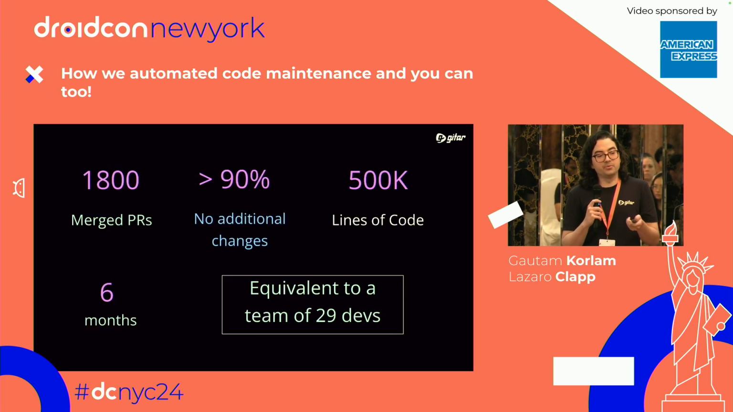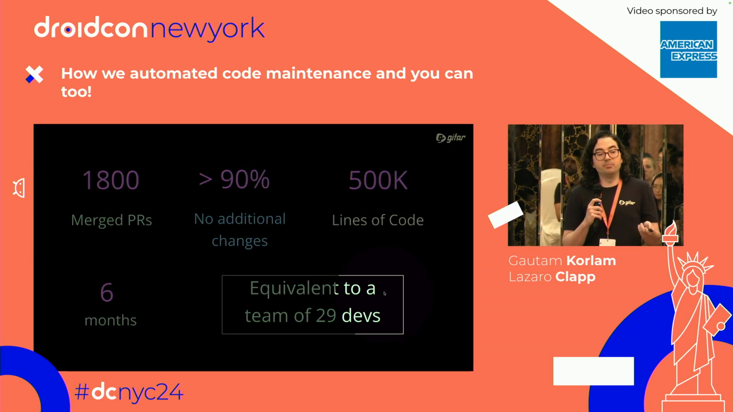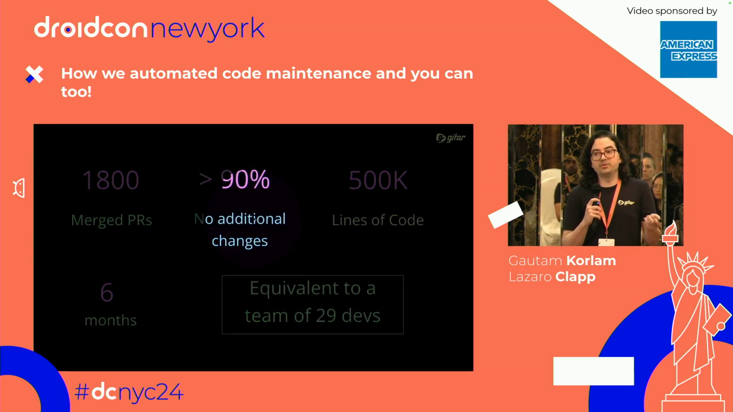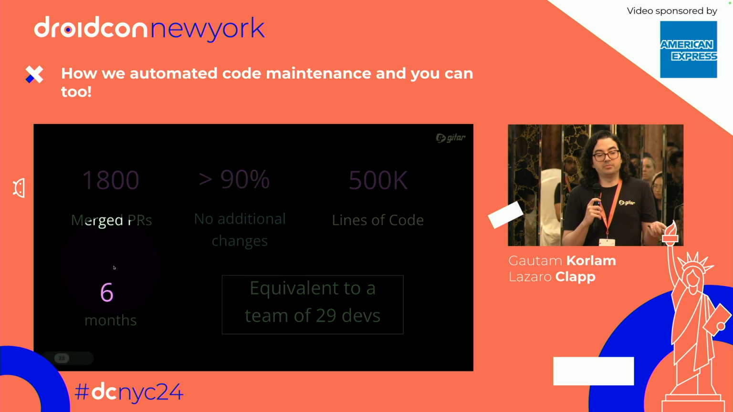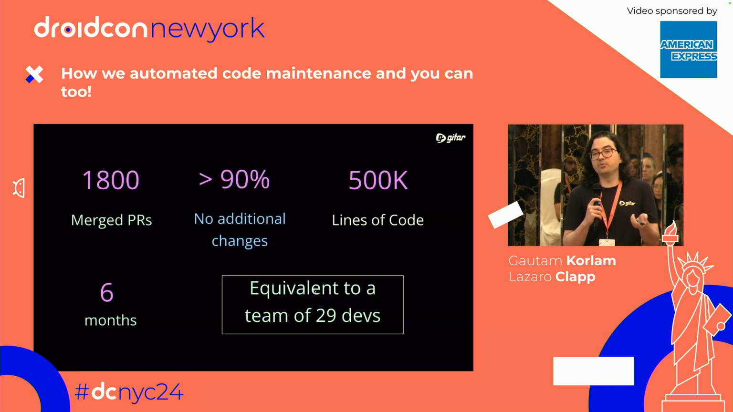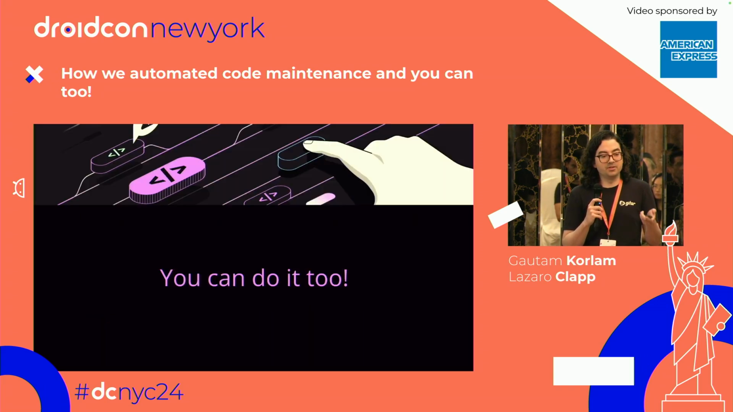However, the summary that you will care about is what it did for us at Uber. It allowed us to remove over 500,000 lines of code in around 2,000 PRs, most of which required no manual changes, in a period of 6 months. And this was estimated to be equivalent to 29 developers working full-time just on removing stale feature flags. So the interesting thing is that you can do this too, and you can do it better, and Gautam is going to tell you how. Thanks,